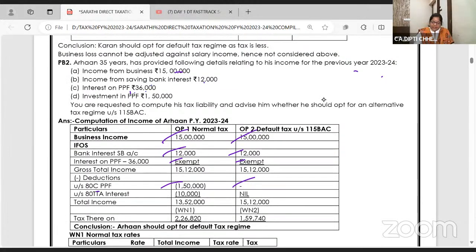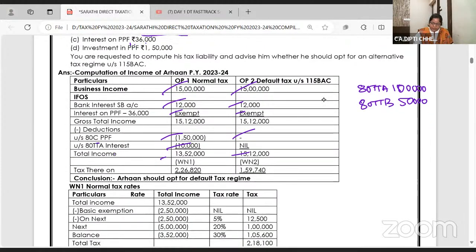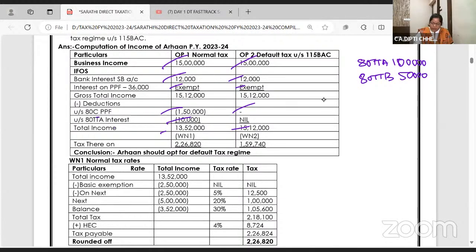And because he's got saving account interest, under 80TTA, for saving account interest you get a deduction up to 10,000. Under 80TTA, 10,000. If he is a senior citizen, then saving as well as FD interest is allowed under 80TTB, 50,000. Okay? Right. Now, if he goes for normal, his income is less,